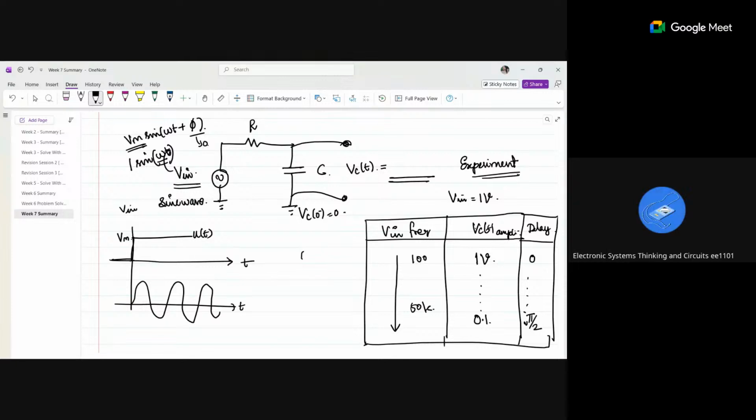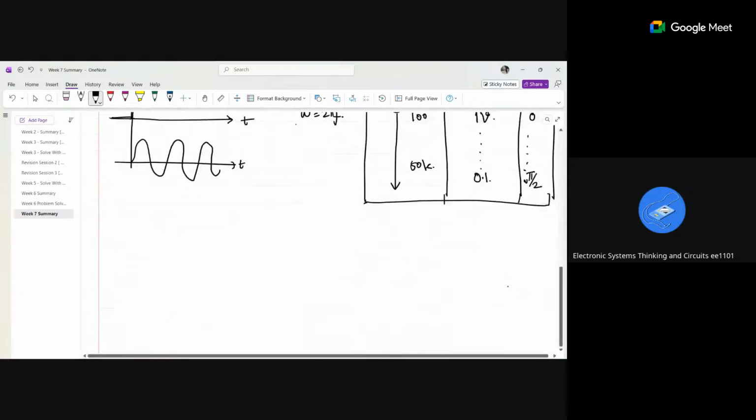Omega is nothing but 2 pi f. As I increase the frequency, my omega will also increase. As I increase my omega, I have observed that the voltage across the capacitor is reducing. And there is also a delay. The delay in the sense,